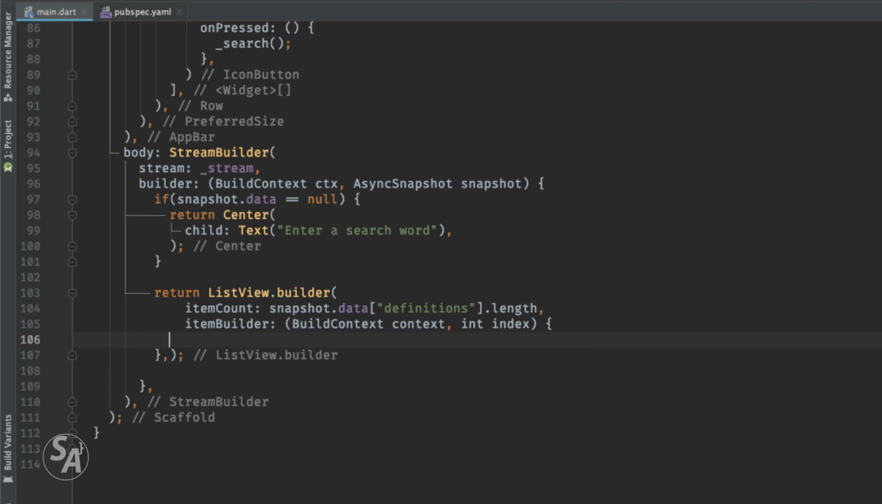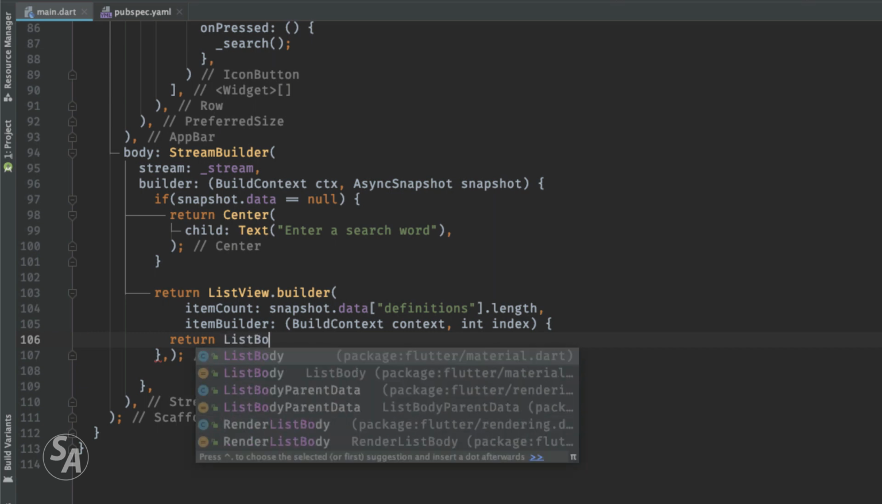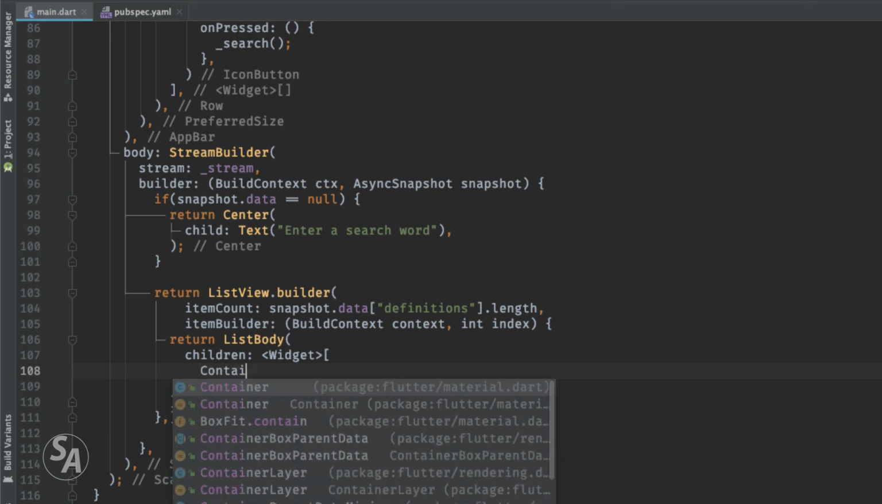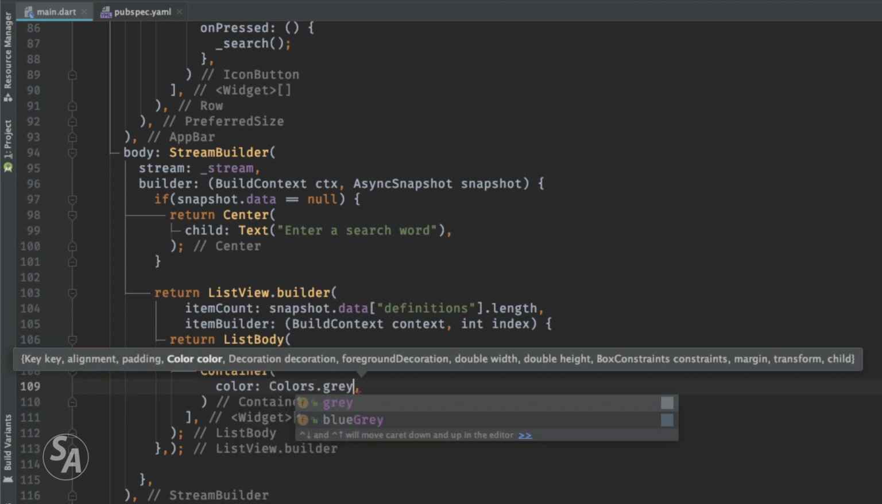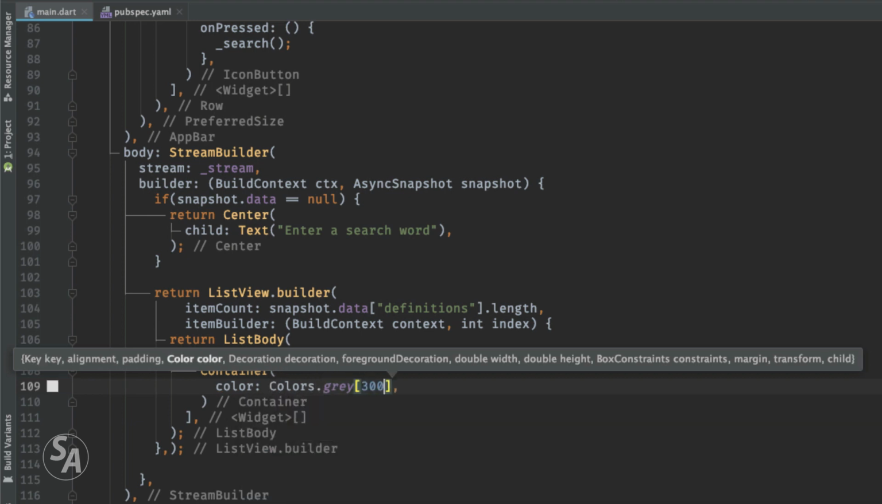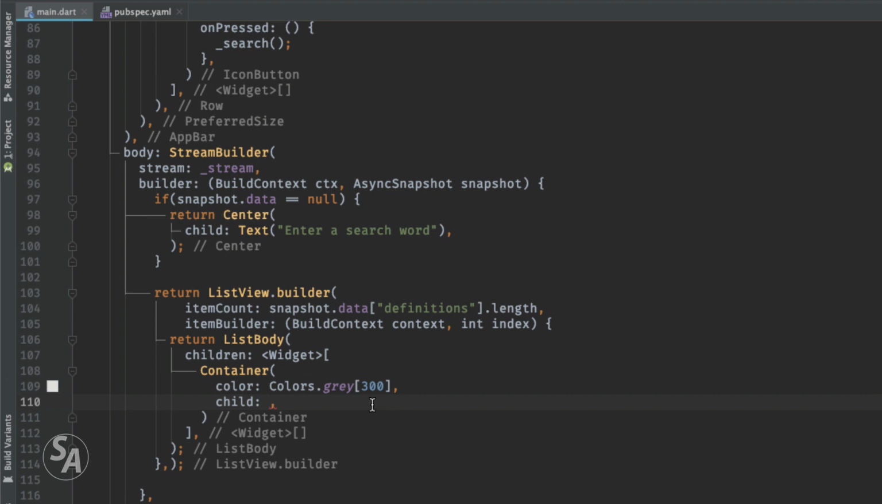And now we can go ahead and build the UI. So whatever I'll return from here will be an item in the list. So I'll just use a list body. The list body will have only two children. The first one will be a container, and this container will have a color. Let's give it a gray color, a slightly lighter gray color, and it will have a child,